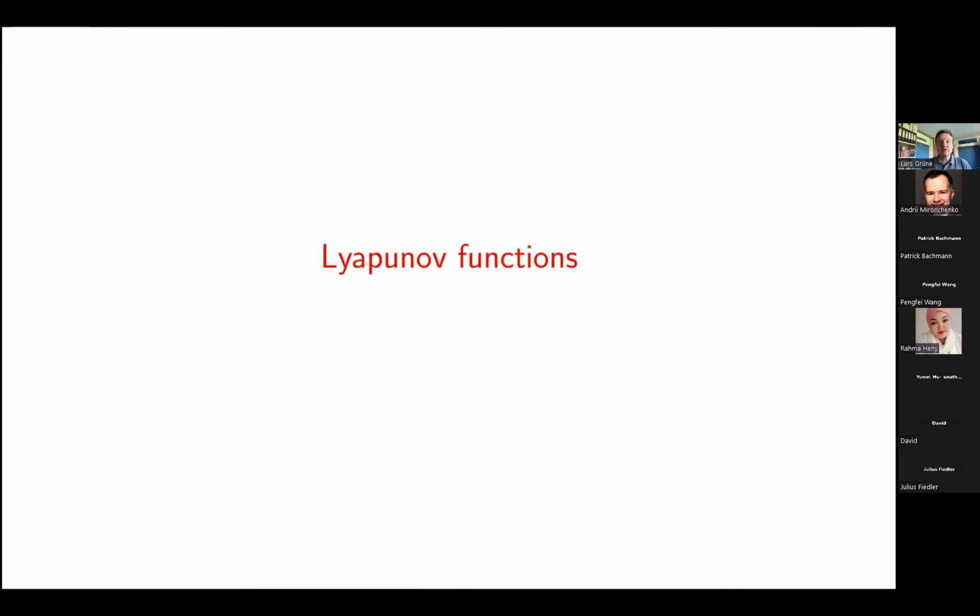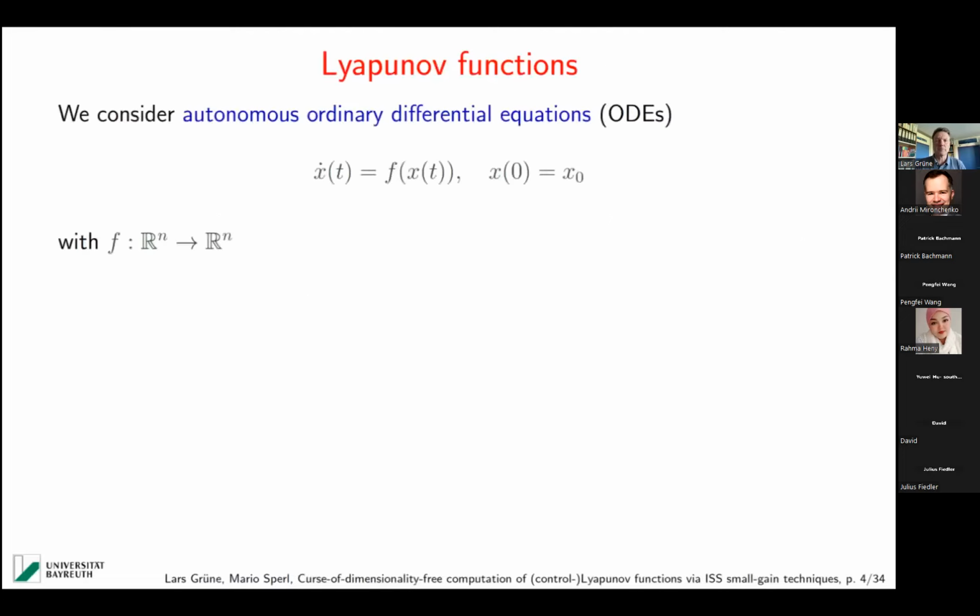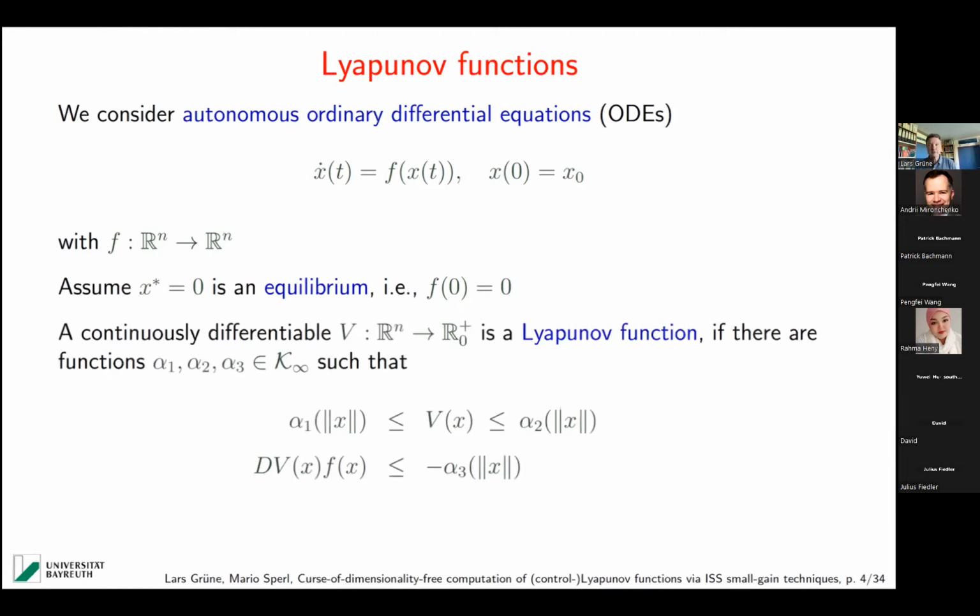Okay, let me start a little bit talking about Lyapunov functions, what they are and why they are interesting. I assume that many of you know, but there may be some in the audience who don't. So let me spend a few minutes on what this is all about. So back to the ODE, right? No control for the first part of the talk. And let's assume you have an equilibrium, and we can always assume that it's the origin, because otherwise we can just shift the coordinate system. So this means that f vanishes in the origin, and whenever we have an equilibrium, of course, its stability is of interest. Right? And the Lyapunov function helps really in determining stability.